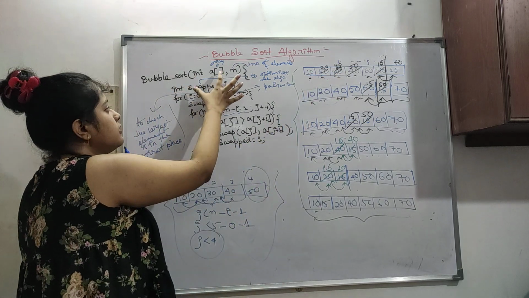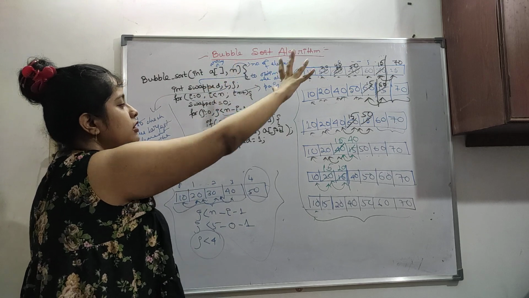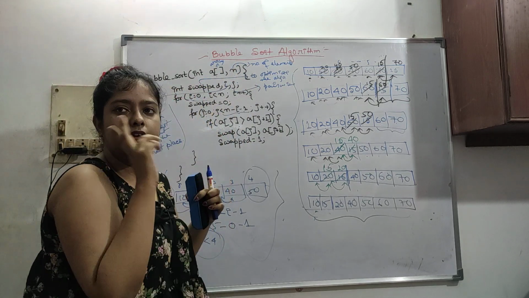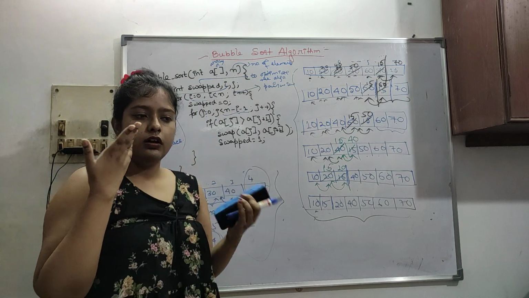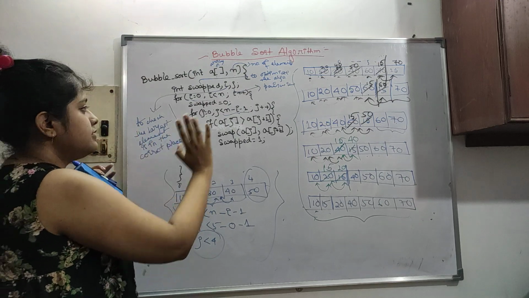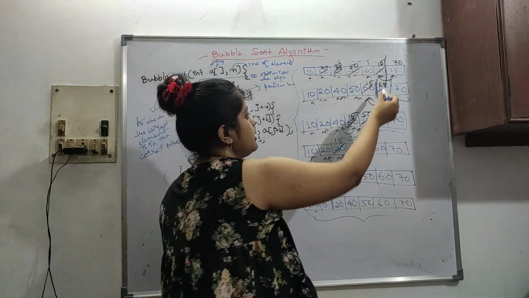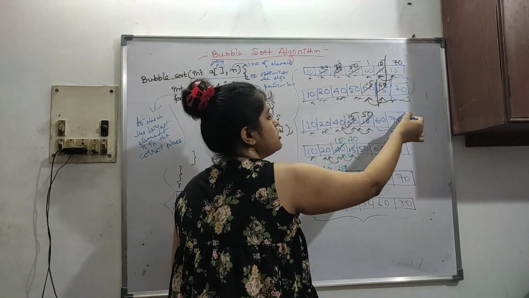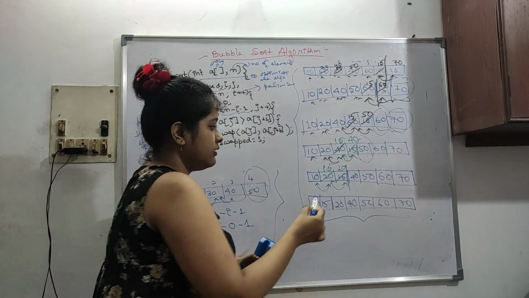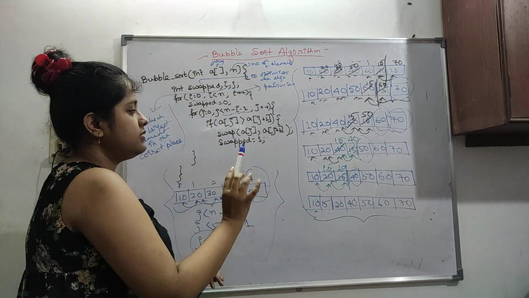Now, bubble sort. This is an array taken, with the number of elements. Then two or three variables are taken: swapped, i and j. Swapped is used for optimizing the algorithm, how, I will show you. Then i is to take the largest element. You have to keep taking the largest element to the correct position. 60, 70, then 60, then 50. We have seen, right? So the largest element is at the correct position.